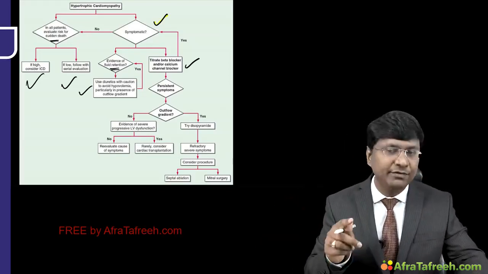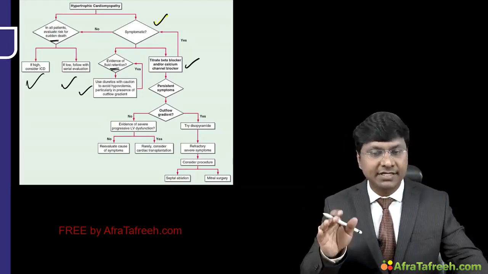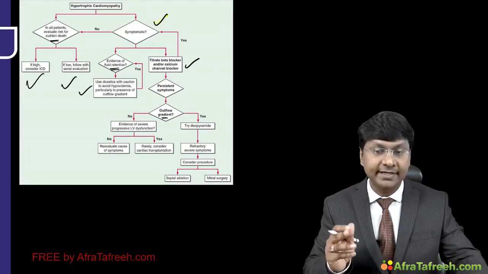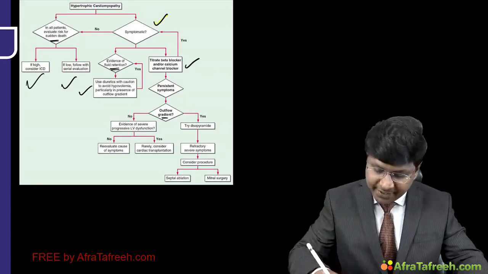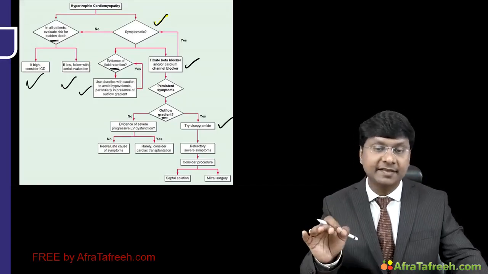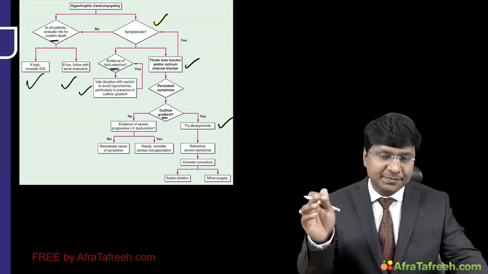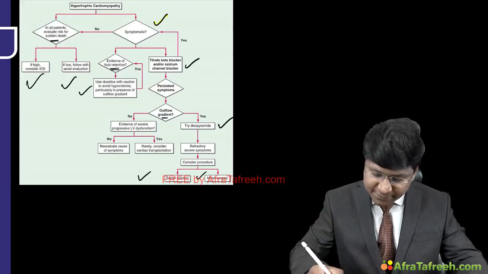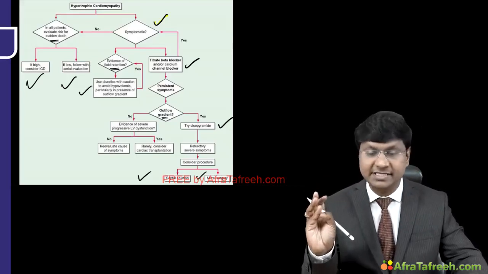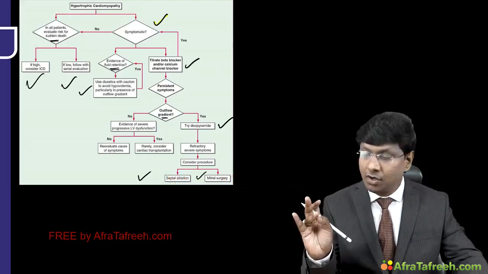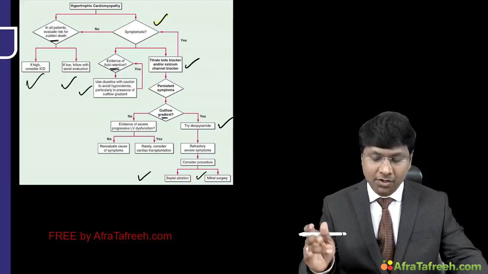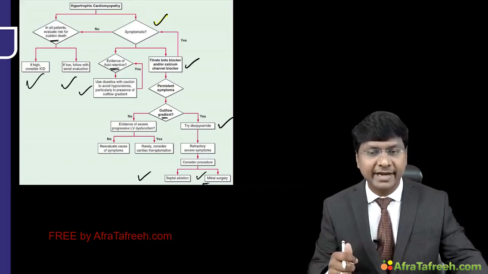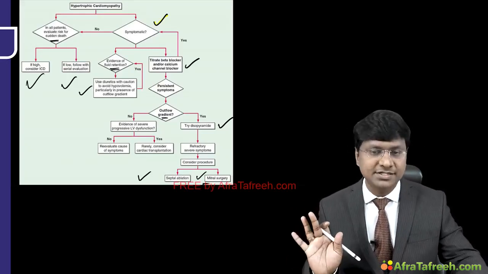Right? Now, in spite of giving these beta blockers or calcium channel blockers, if the symptoms are persistent, then you need to look for the outflow gradient. If the outflow gradient is present, then you need to try an antiarrhythmic drug, that is disopyramide. In spite of giving disopyramide, if the symptoms are refractory, then you need to consider these procedures: septal ablation, in the form of alcohol septal ablation, or surgical myomectomy, or mitral valve surgery. Because of SAM, there can be mitral regurgitation, so mitral surgery has to be done.